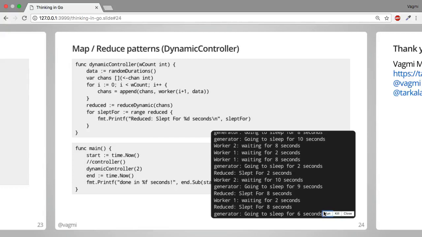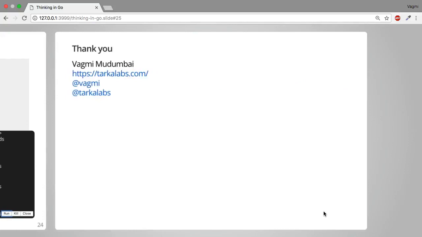Anyway, obviously there are several other things that you can talk about in Golang. You can pretty much talk the entire day about all the nitty-gritties. But thanks for your time, and this is all I prepared. If you have any questions,